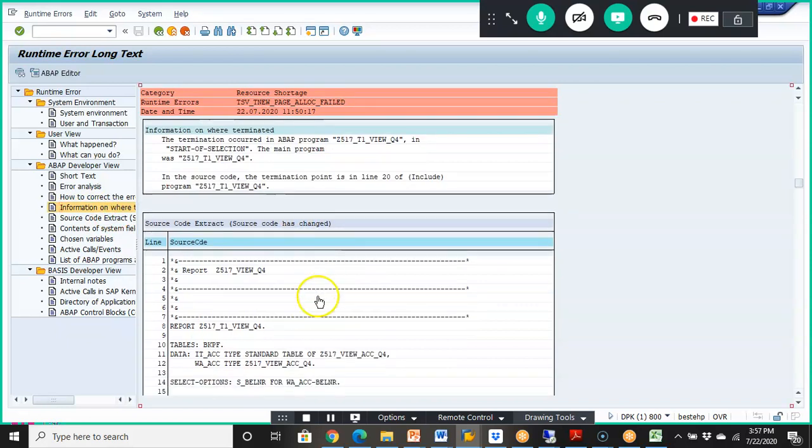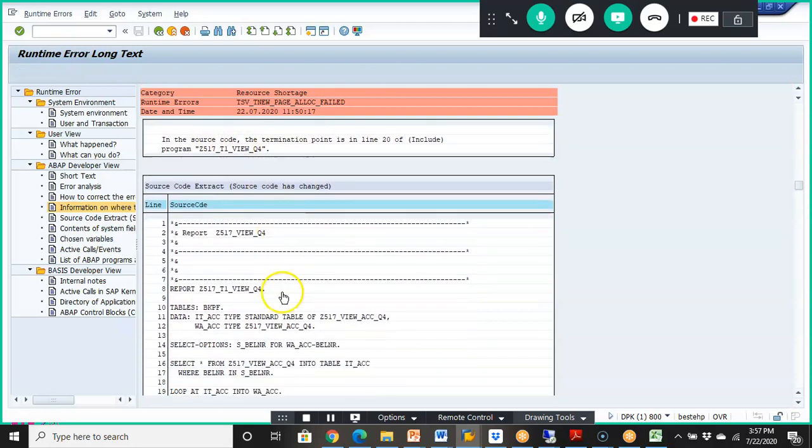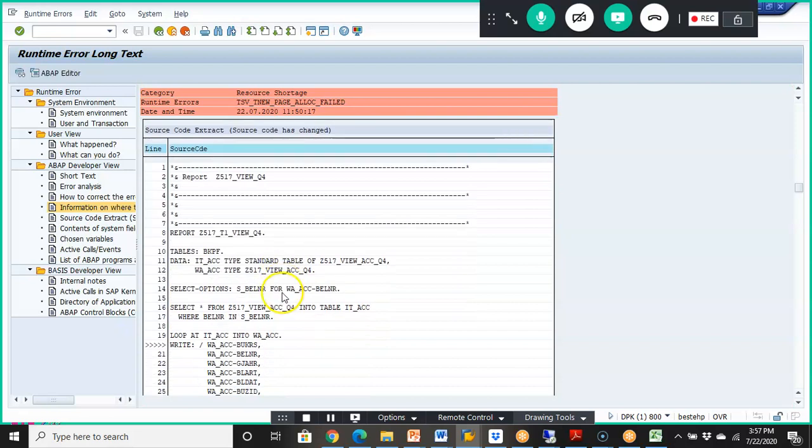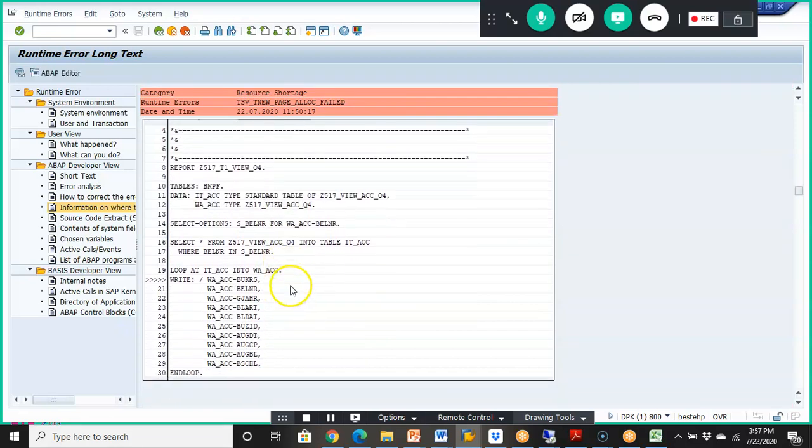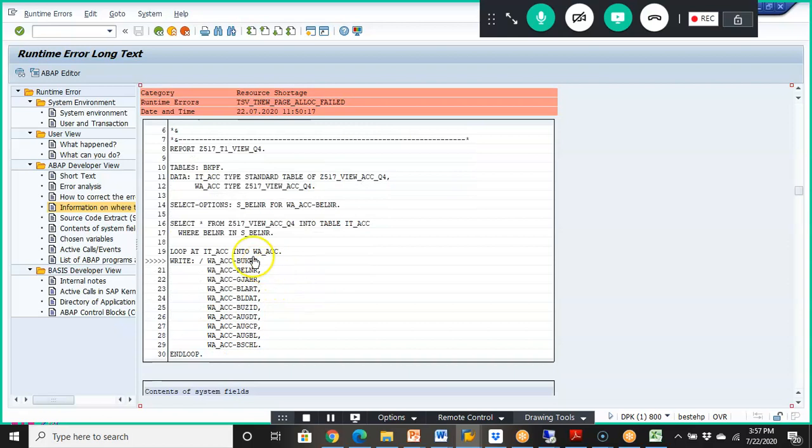Now what happens is this program was trying to get too many records into the internal table, which was not accommodated by the system. So see here, line 417, we have select star from this one into table where Belnr is the selection input. What exactly the user did is try to access all the records from the database table.